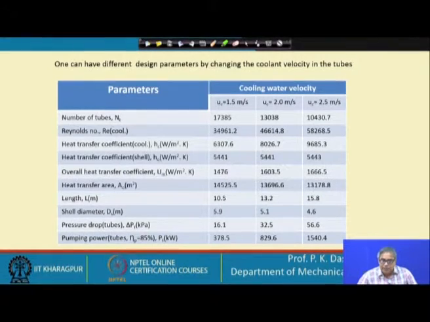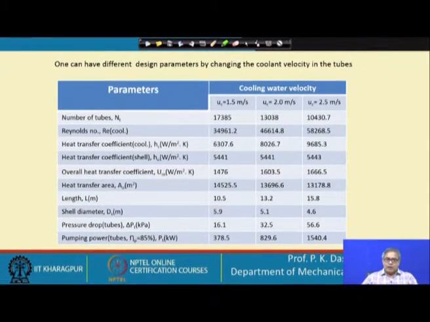Actually, only for the middle column we have done the calculation. For the left hand side column and the right hand side column, we have not done any calculation, but the values have been given. So, it is a good opportunity that you can repeat this problem, which is a very comprehensive problem, for different water velocity through the coolant tube, and check whether you are getting these figures or not. So, this will give you a good practice. Keeping that in mind, I have selected this problem, so that you can go for this.